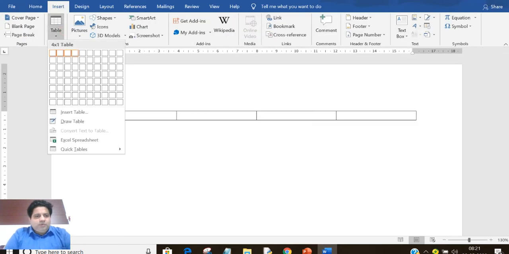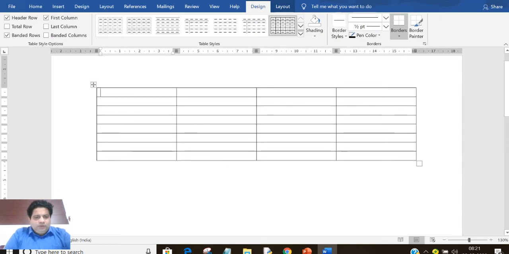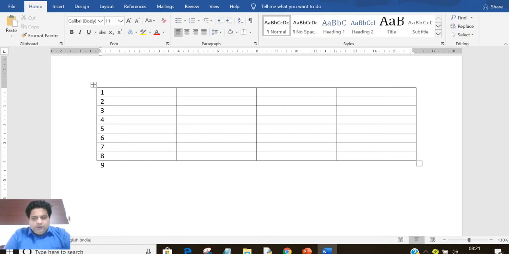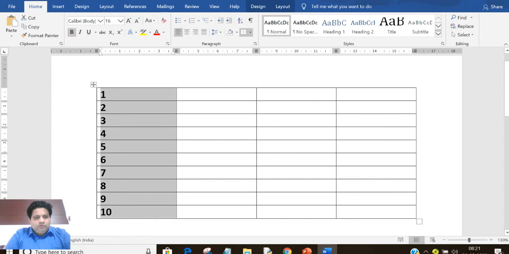Suppose there is a table. Now see here, we are writing the first 10 natural numbers: 1, 2, 3, 4, 5, 6, 7, 8, 9 and 10. These are the first 10 natural numbers. Now what do you do?